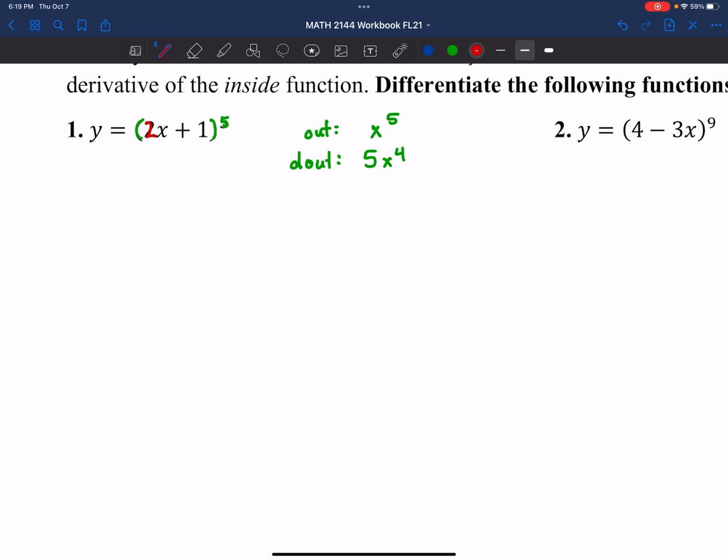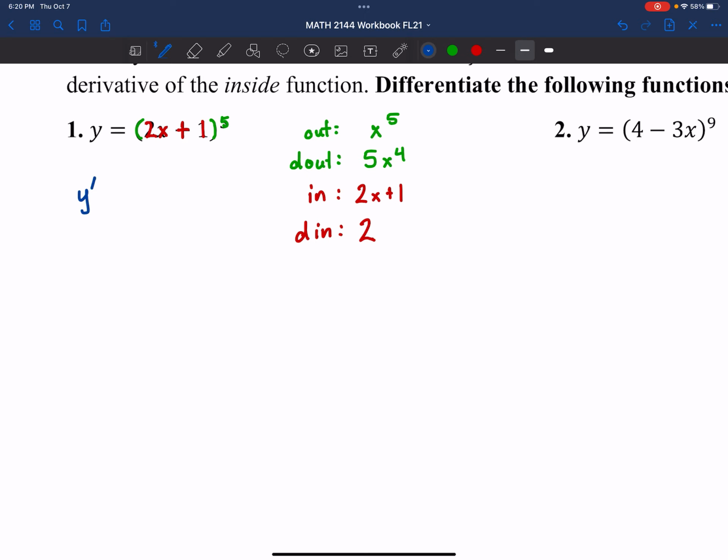Then the inner function is going to be 2x plus 1. So I'm going to just write this. Our inner function is going to be 2x plus 1. And therefore, the derivative of the inner function is just going to be 2, plus 0, but of course we'll just write 2. So if we want the derivative of y,